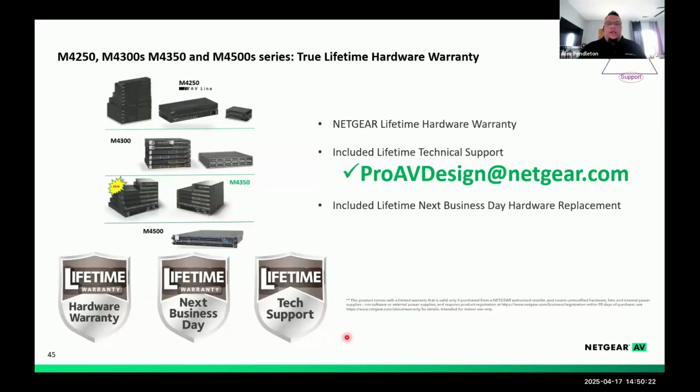Okay, so just to cover the triangle, remember that hardware is what we built for the AV over IP industry and the AV line, and further into the M4350 line. The M4300s are in their product sunset, so they're on their way out. Software is also part of the triangle as well. And then you have me and my team, which is the support element of this.